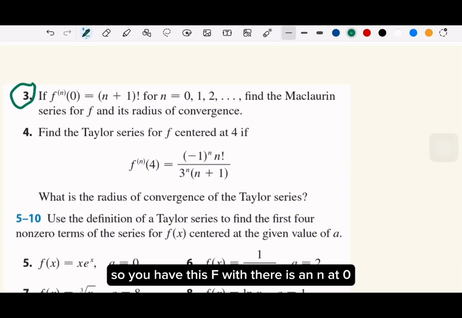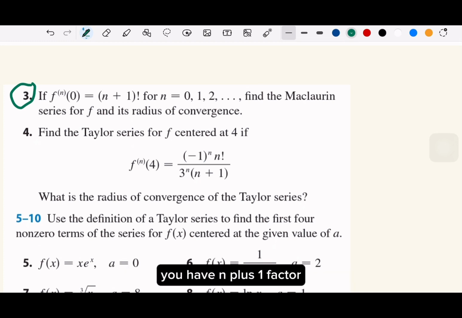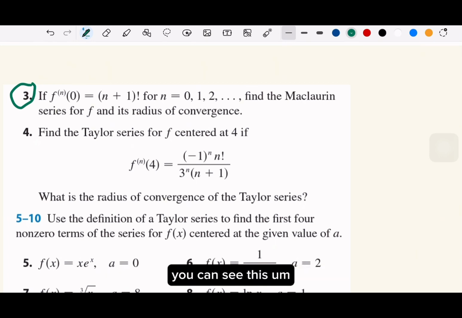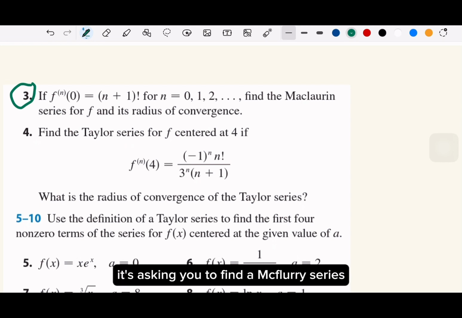So we have this f with the nth derivative at 0 being n plus 1 factorial, which means this will be the Maclaurin series. You can see the setup, and it's asking you to find the Maclaurin series and then